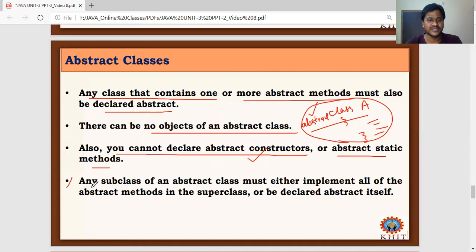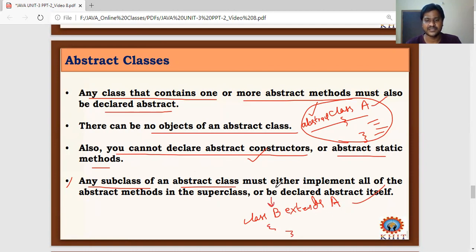And coming to this point, any subclass of an abstract class: when we define class A as an abstract superclass and declare another class, class B extends A, what happens when this statement executes? This class B becomes a subclass of the abstract class A.